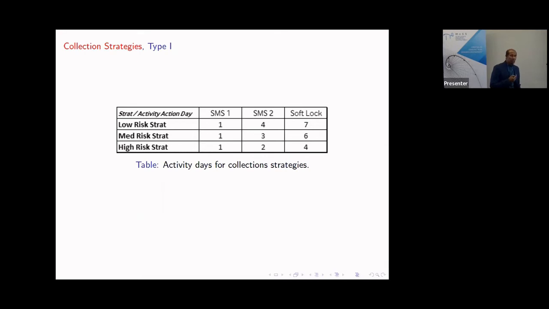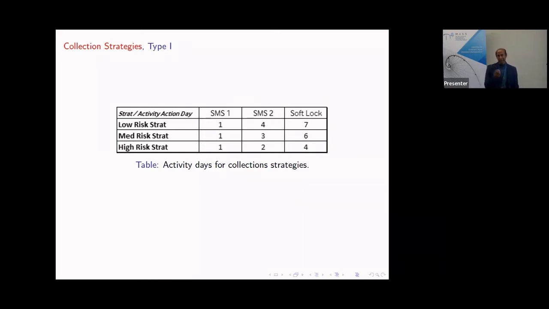Not the one they have used, but the one that we have used, because of course we consulted with them. We wanted it slightly different, but these people want that because the people are their customers, and they don't want to make them unhappy and things like that. So eventually these are the three groups of people that we consider. You send SMS on day one, and then after 3 days you send SMS number 2, and after another 3 days the soft lock and so on, for the low risk.